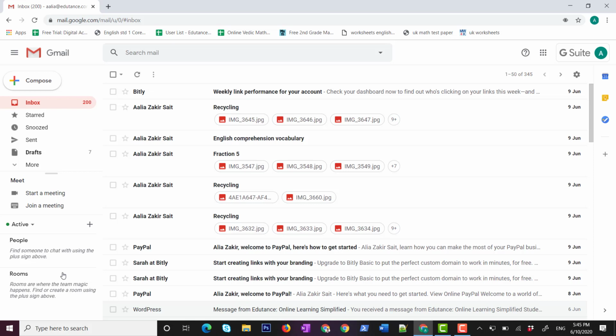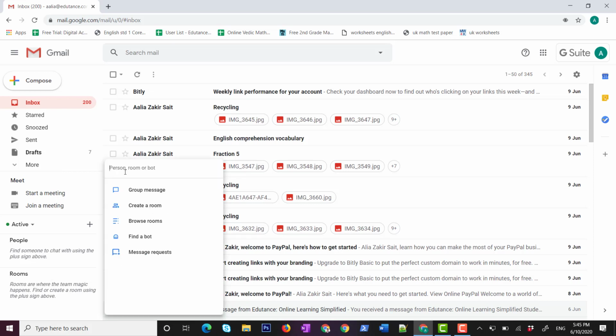So here I would like to show you a couple of features which are available inside that of Google Chat. Now, Google Chat has elements like a group message, which you can do normally. You can create a room in which you can add chatbots and multiple other facilities using which you can automate things and have a very collaborative discussion with your team members. And you also have bots. Now, bots are third-party applications or applications you build for your organization and you integrate with the Google Chat platform so that you can make automation happen through that of Google Chat.